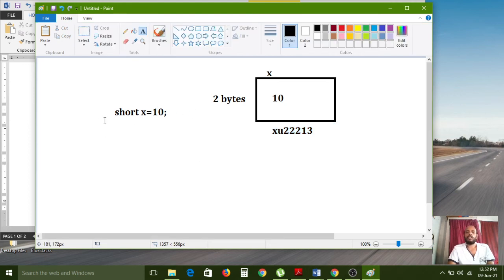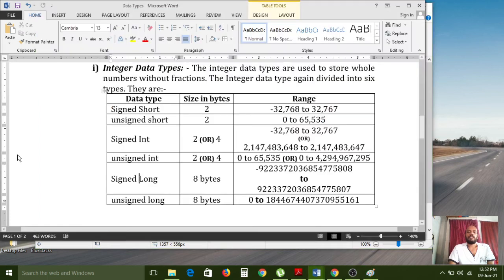If you write this statement in your C program, then at execution time the short data type will spare 2 bytes of memory for the x variable. After that, the value 10 is stored inside the memory spared for the x variable. Understood? 2 bytes of memory it will occupy.